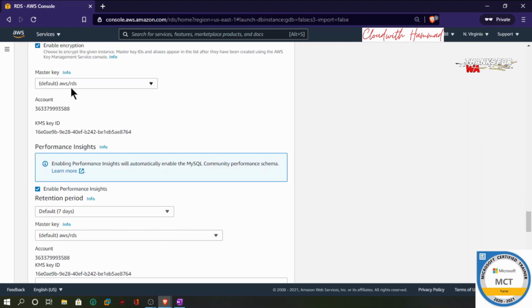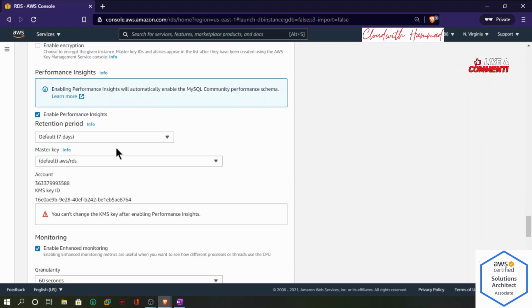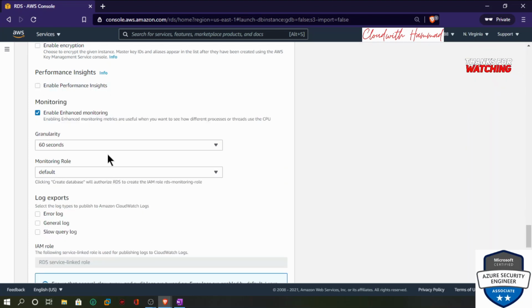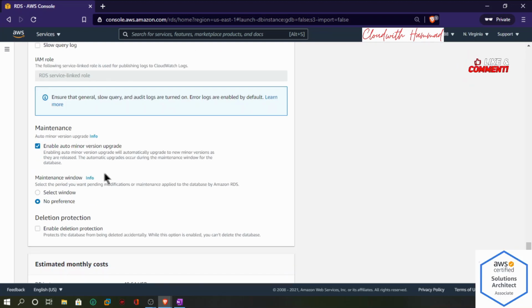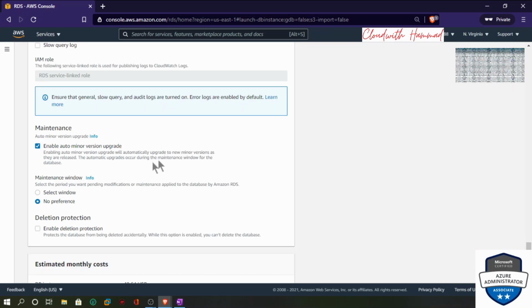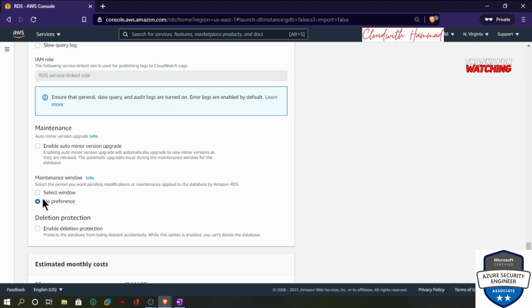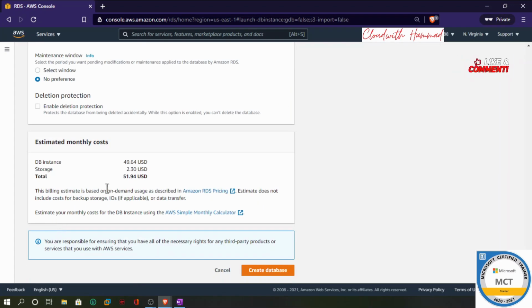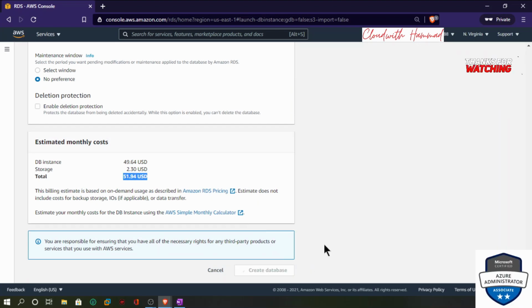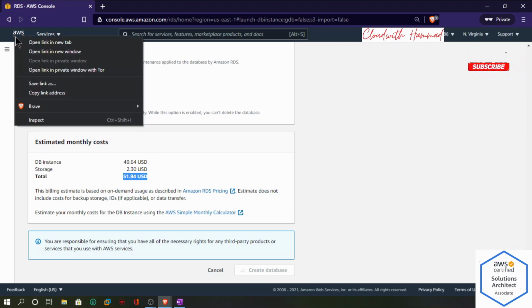No preferences. Encryption, I don't need that right now. And then retention period, I don't need it anyways. Monitoring, I can leave it the way it is. Enable automatic version. And then maintenance window, no preferences. This is the cost of the database, and I will hit create. Once that is submitted,